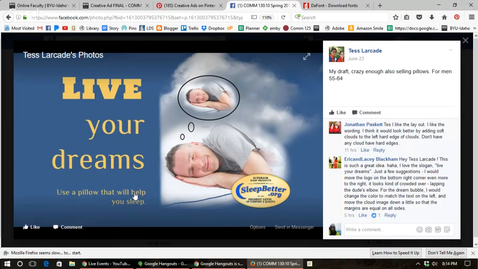Also, I would, let's see, use a pillow that will help you sleep. That could be considered a call to action. So maybe you just need to have one, because this is probably your headline, so 1 additional sentence about the pillow. You did a good job placing the logo in, but this line feels really awkward to me. Remember, you don't want to place anything that is floating where it would not normally be floating. So to have a bed kind of floating here is a little bit confusing. So I would probably move this down and,